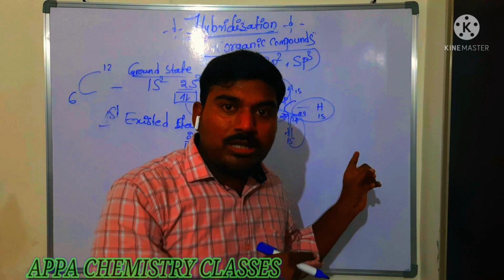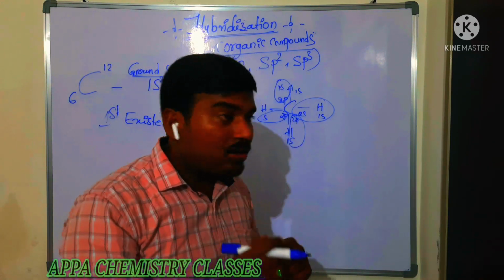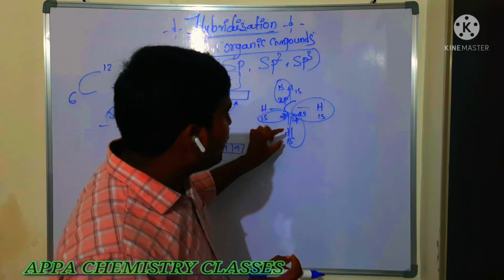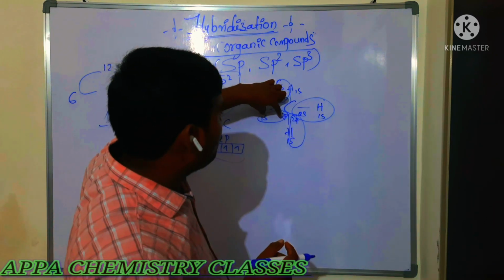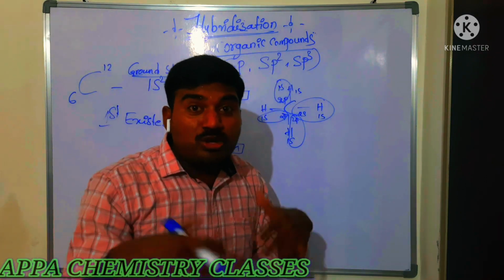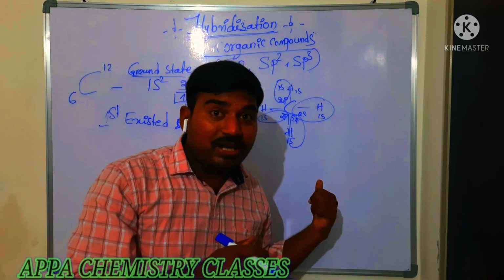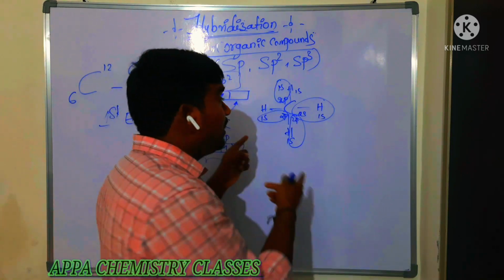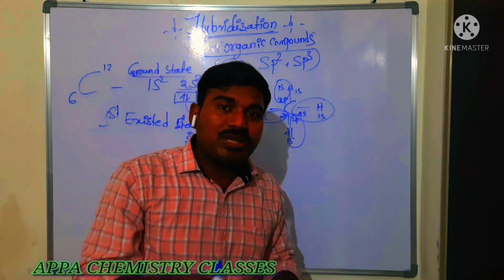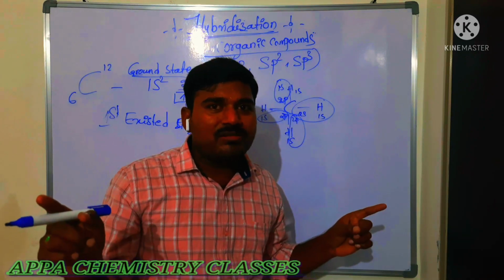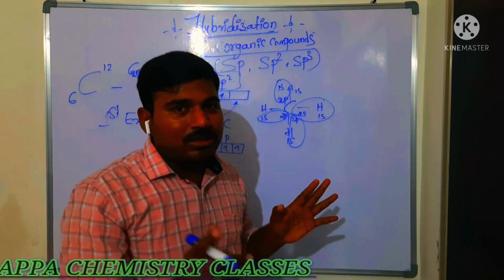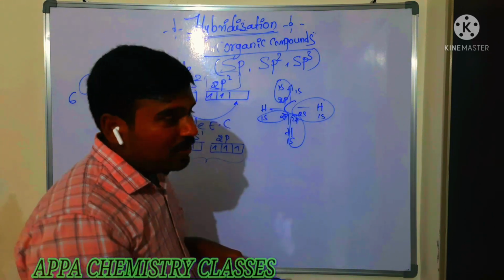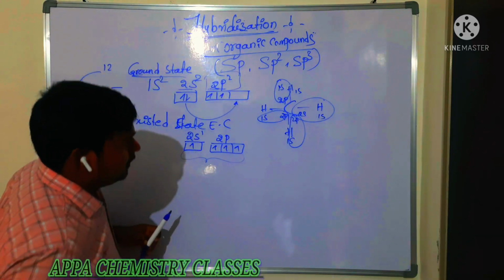Will it form all the same type of bonds? No, it is not correct. Here 2s with 1s overlapping is there, here 2p with 1s overlapping is there, then 2p with 1s again. So different overlapping means we should get different types of bonds. But what happens experimentally? It is observed that it has the same type of bonds. All have equal bond energy and all have equal bond length. Then they proposed this concept of hybridization, by Linus Pauling.